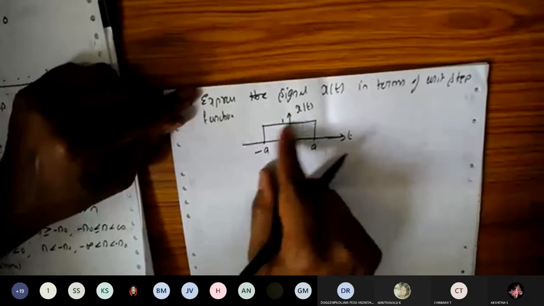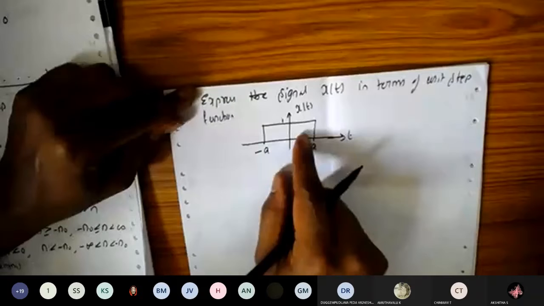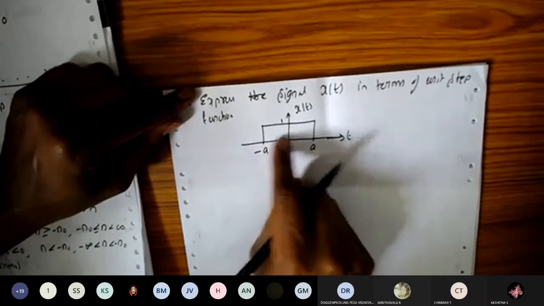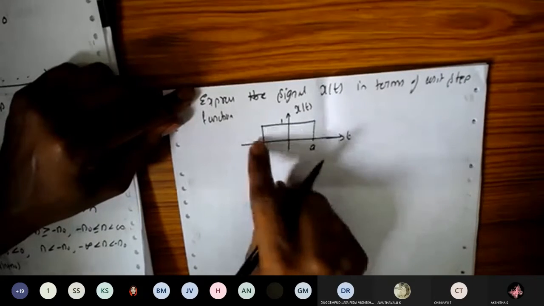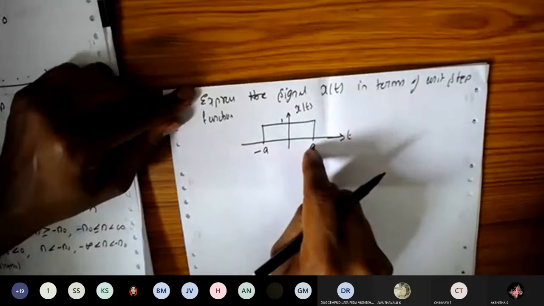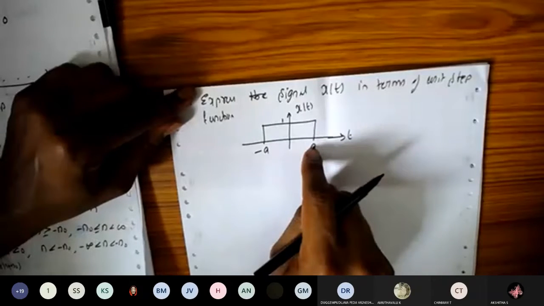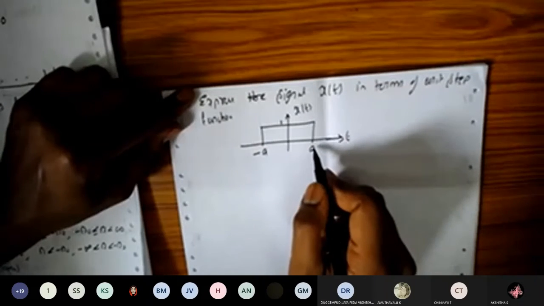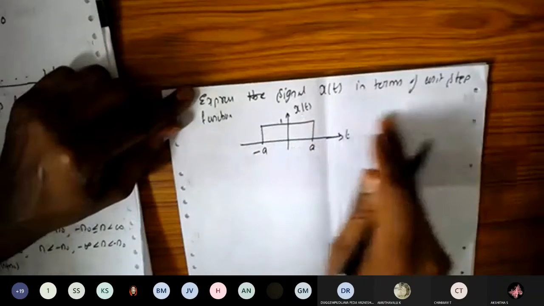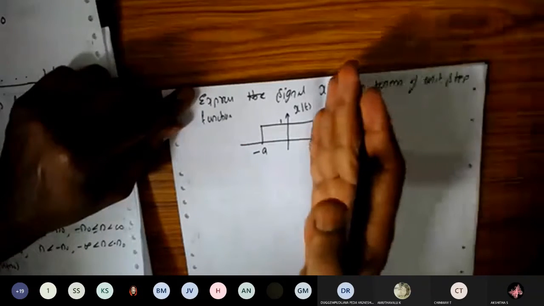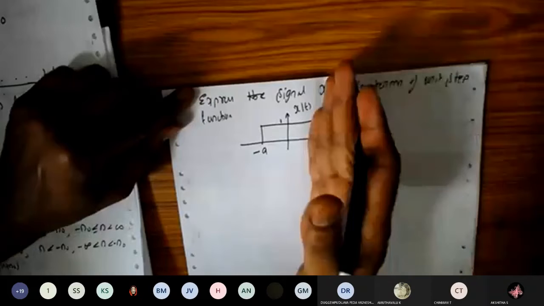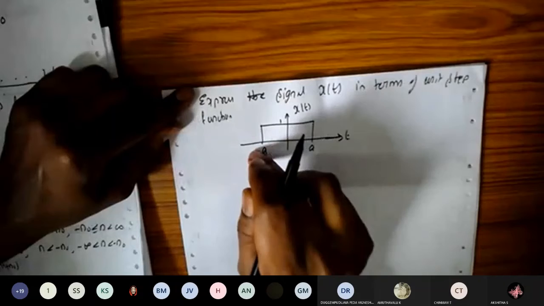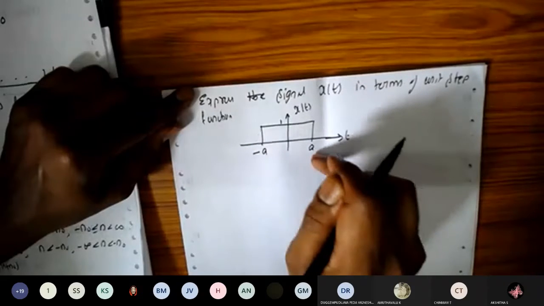Now you should analyze the waveform here. Whenever a waveform is given and we need to express it, we need to analyze the waveform. You can see here, from minus a the waveform has to start, and at plus a the waveform has to end. So we should have a waveform which starts from minus a and extends till infinity. Okay, so we need to break that down at t equal to plus a. So we should have another waveform, so that if you take the difference of this one and this one, you are going to get this pulse here.